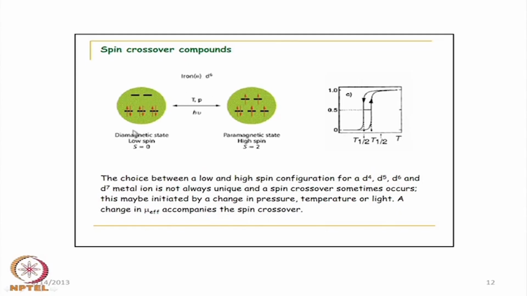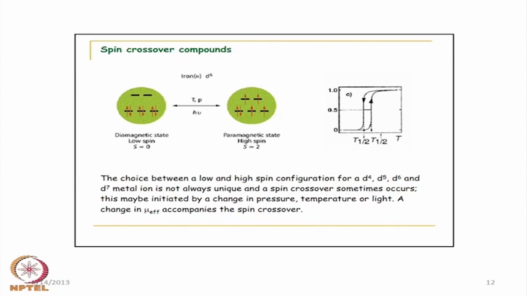A change of mu effective accompanies the spin crossover. So, going from a diamagnetic to a paramagnetic situation changes the magnetic moment. When we study the magnetic properties of coordination compounds, we will come back to this aspect. When measuring the mu effective value and its temperature dependence, we should be very careful whether we are dealing with spin crossover compounds or something else, that means antiferromagnetic or ferromagnetic interaction taking place between two electrons occupying two different magnetic orbitals. So, if we have this particular situation for iron 2,